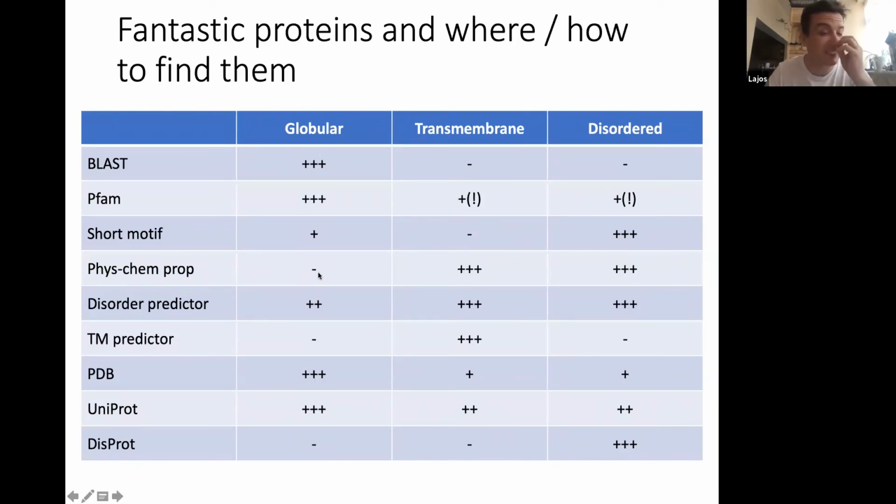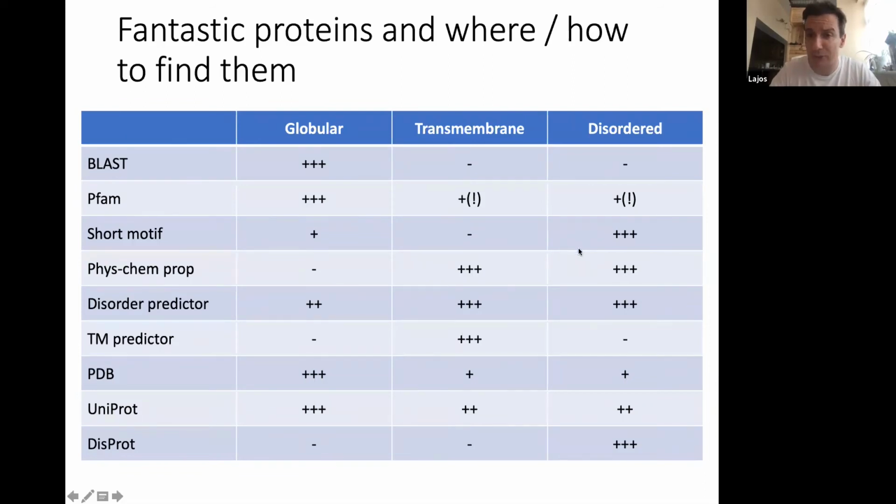Globular proteins have a very average amino acid composition, so you cannot really use it. There are many hydrophobic residues, which are needed for the hydrophobic core, but there are also many hydrophilic residues sitting on the surface. So just from the physical-chemical properties of the amino acids, you won't be able to say that this is a globular protein or this is an X, Y, or Z domain. It's much better to use these kinds of properties for